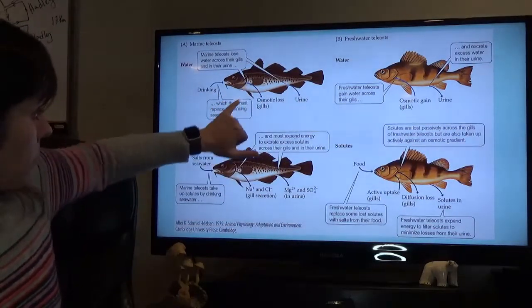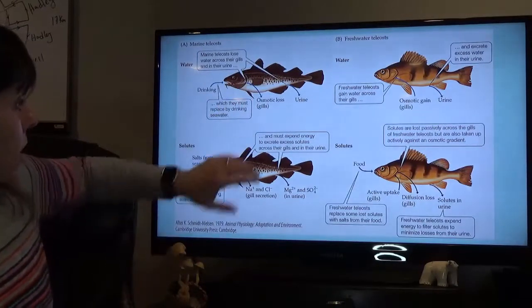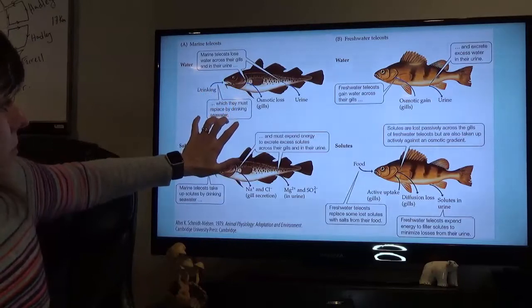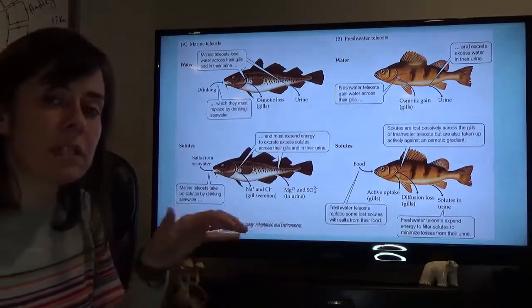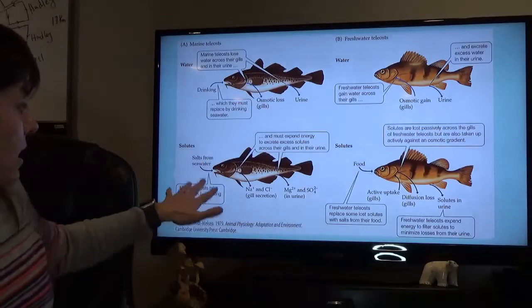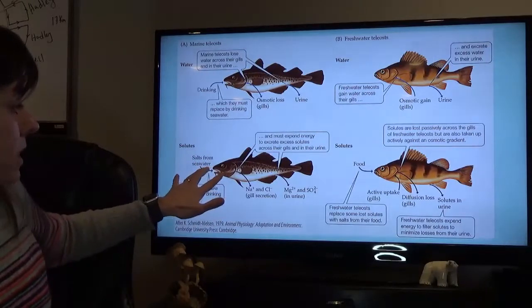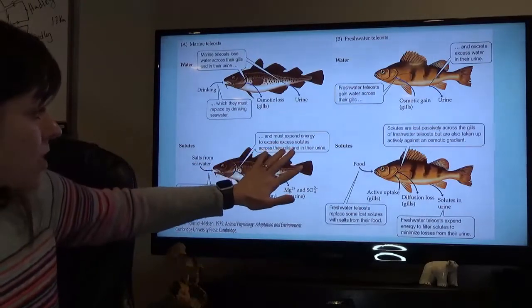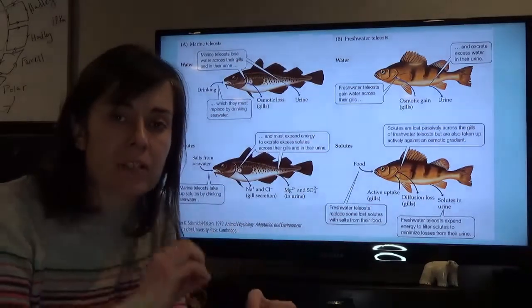And then they're drinking seawater to replace this water that's lost, but they're taking in not fresh water but salt water. And so then they have a bit of a solute problem because they're taking salts up from seawater. So they have to be able to live in this environment, they actually have to be able to actively get